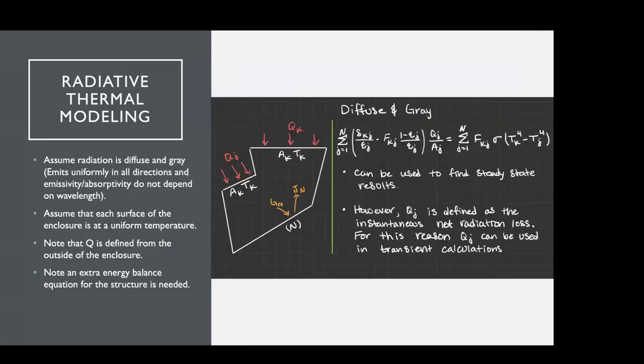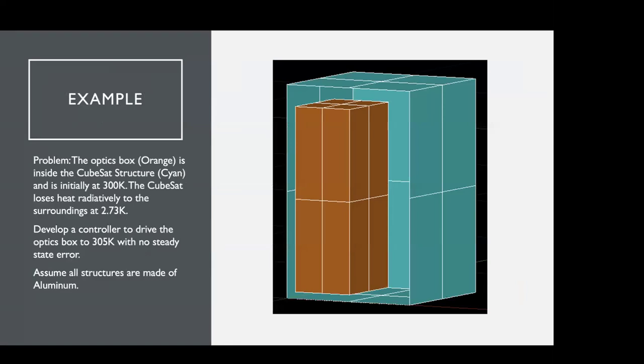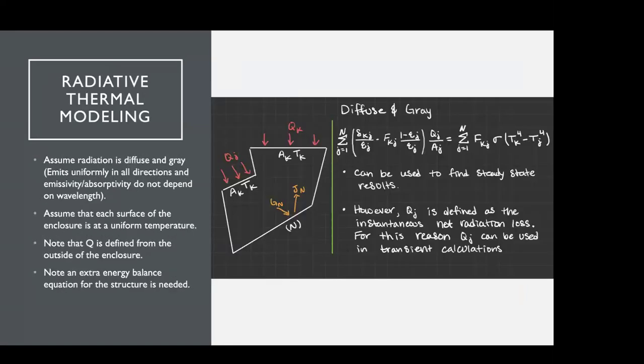So the one thing I didn't show in this was that technically you have this system of equations. And you actually need one more equation, which comes from the control volume of your enclosure. So you have your inside, you have your optics box, and that's communicating with the structure radiatively. But then the structure itself is communicating with deep space radiatively. So I need another equation to account for radiation loss to